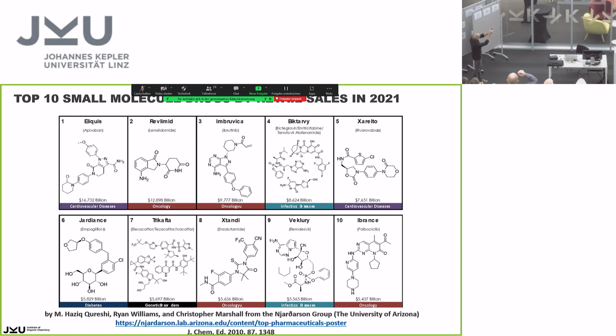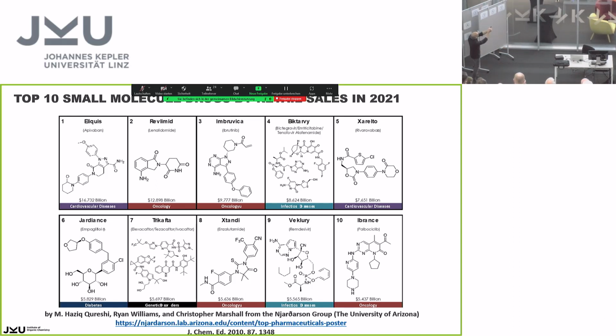On the other hand, we also have this part of the pharmaceutical market, which is called the small molecule drugs. Small molecule drugs really consist of small molecular entities that are usually made from scratch by classical organic synthesis. And also these drugs are maybe not as prominent as something like these AstraZeneca or these Pfizer COVID vaccines. They are really big in their sales. So what you, for example, see here, Eliquis, it's a drug for cardiovascular diseases. It's the 5th best-selling drug on the market globally, and it had last year's global sales of roughly $17 billion. So you see it's a really big market.